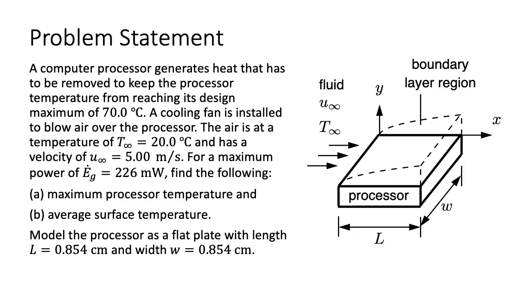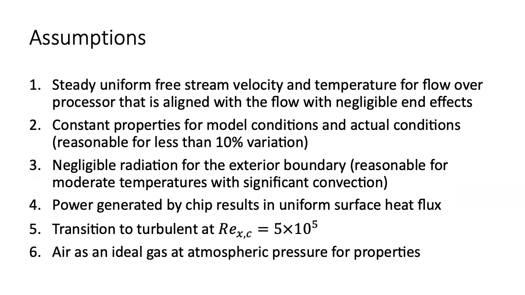For a maximum power of 226 milliwatts, for part A, find the maximum processor temperature, and for part B, find the average surface temperature. To solve this problem, model the processor as a flat plate with length and width of 0.854 centimeters. Our first assumption for this problem is steady, uniform free stream velocity and temperature flow over the processor